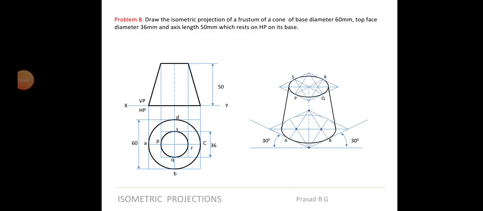Students, I have to give you an assignment question. So I want you to do this particular problem one, that is the same problem being displayed right now. The frustum of a cone of base diameter 60 and top face 36 mm and axis length 50 mm, which rests on HP on its base. So this will be the first problem that I want you to solve in the assignment. And